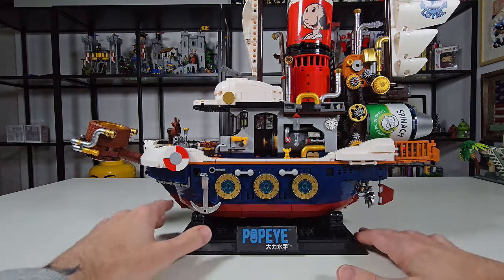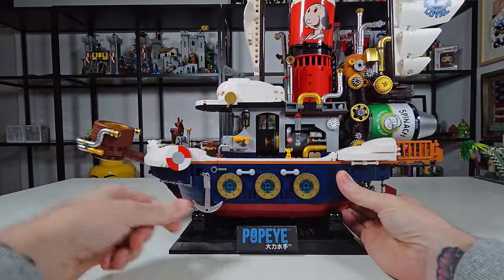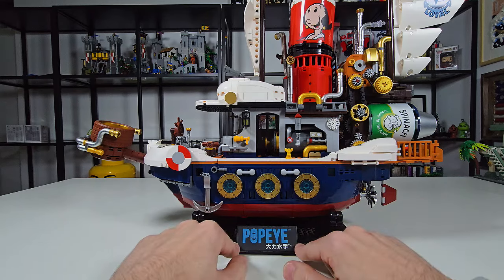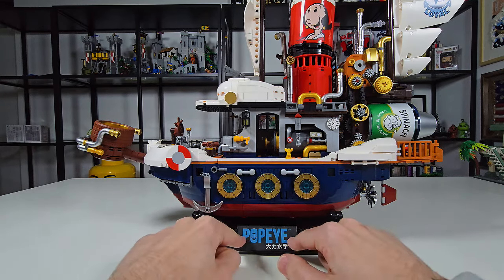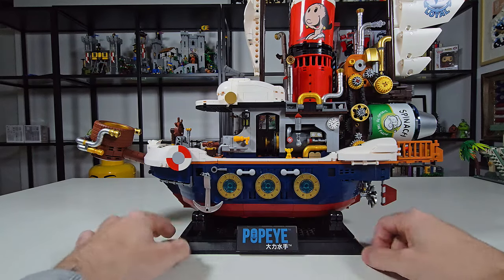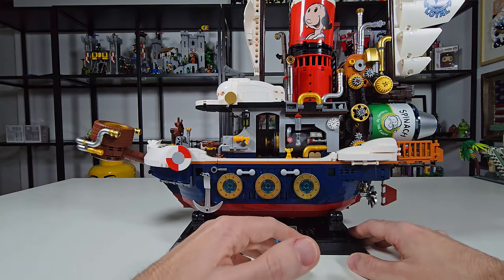Now, I think they did do a great job with the base. I think it's well done. It's simple. The ship just rests on there with some of the pieces that are put on the bottom. And they have one sticker here, and that is across multiple 2x4 tiles. And that just kind of covers up what the tiles look like, which I think is fine in my opinion. I think that the base is well done, like any other kind of, say, UCS set that you might get